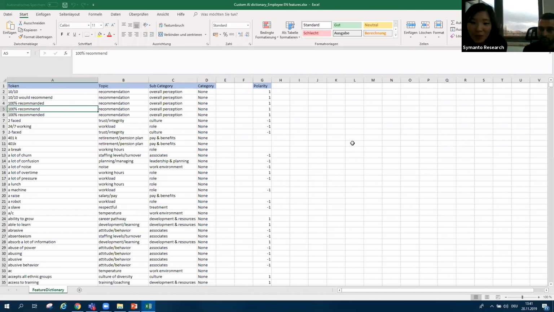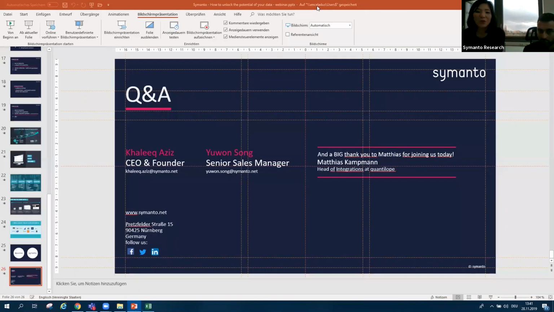Just wanted a clarification about the dictionary. Is that something that you provide, or would it need to be built by the user? That's exactly what we talked about earlier, because the tool itself gives you the possibility to build it on your own as well, with the help of the firstly identified topics, which are already categorized or clustered. But we offer help right now at the very beginning, especially for some specific industries, or when you have a customized data set in which you want to use a customized hierarchy structure, then we'll help you to build it at the very beginning. So that's the new kind of solution we are offering here as well.